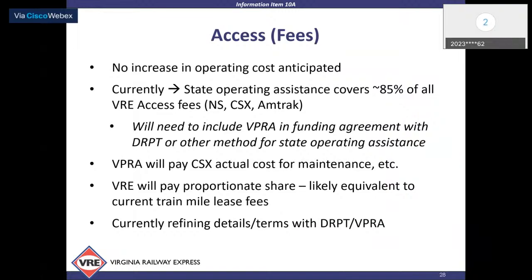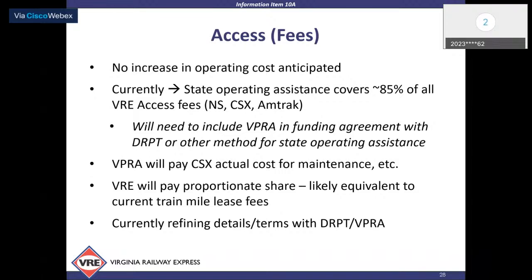Just want to highlight on access fees. At least at this point, there are no increases that are anticipated. I'll just remind everybody that currently, through state operating assistance, and I know that there's a more granular name for those funding agreements, VRE has provided approximately 85% of our access fees for the current NS, CSX, and Amtrak agreements. Now we will, of course, need to include